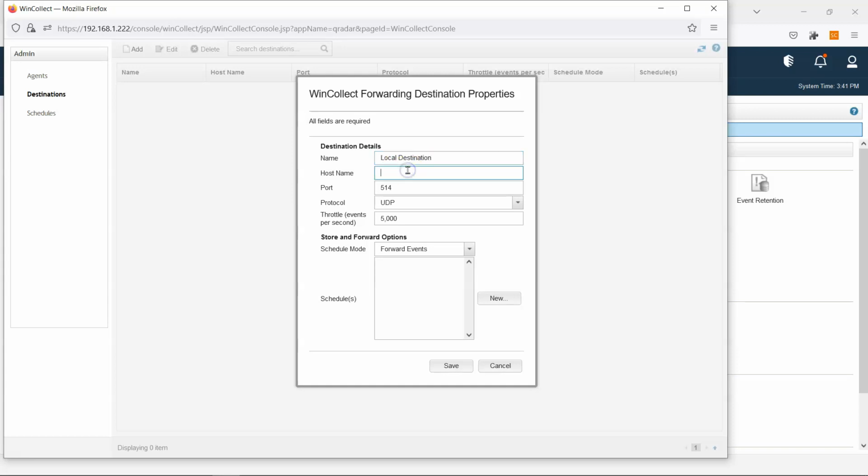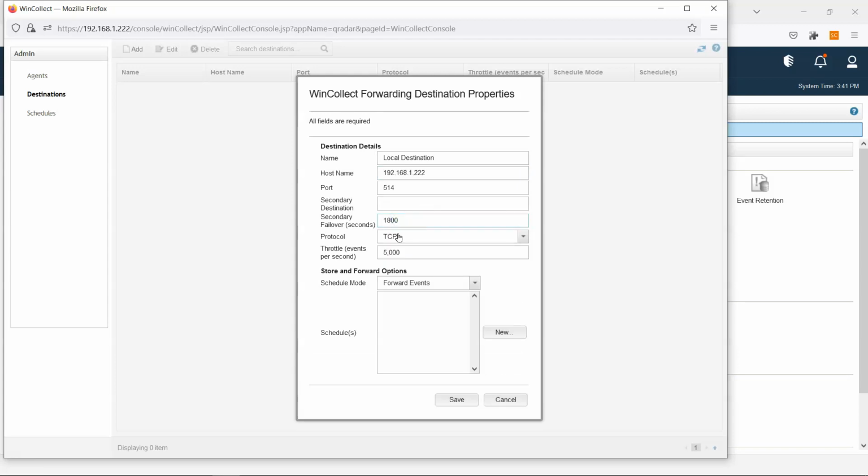Okay, the host name is 192.168.1.2.222, or if it's a distributed deployment, you can define here the host name, like another event processor or collector. The protocol is UDP. You can change it to TCP or whatever, so let's make it TCP, and